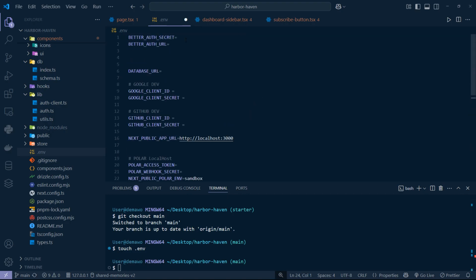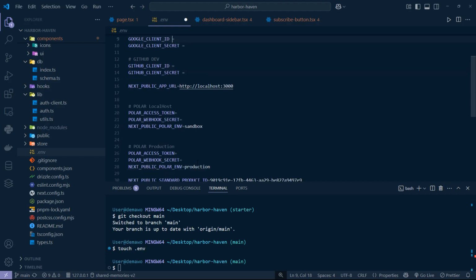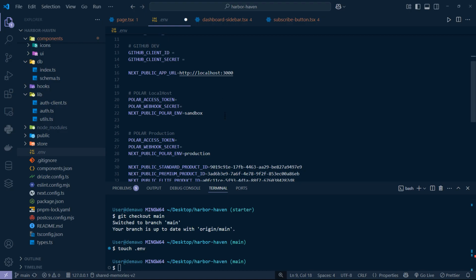Once you have these, make sure you populate your Better-Auth secret for working well with Better-Auth, and also the URL, with this optional. Go and grab your database URL from Neon, and go to Google console, if you're authenticating with Google, and get your Google client ID and your Google client secret, and your GitHub. This is what I did on my application. For testing things out, I actually have this from the sandbox. So this is my localhost. You need to have these as well